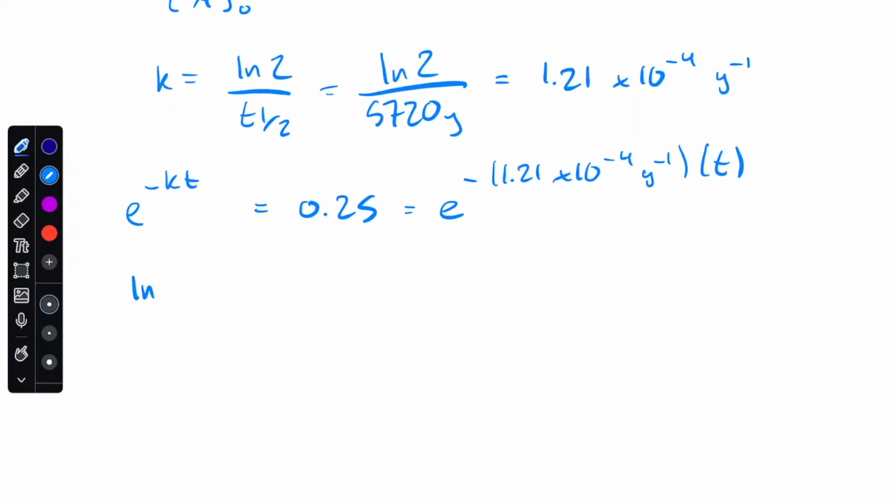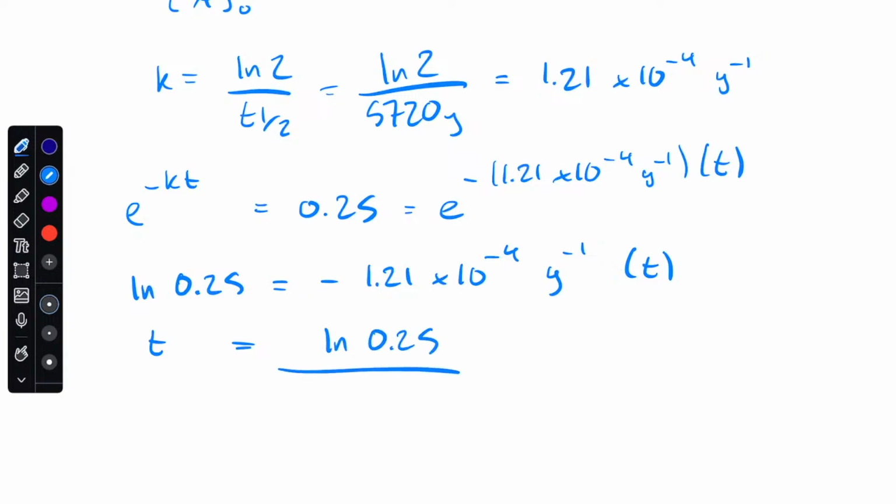The natural log of 0.25 is equal to minus 1.21 times 10 to the minus 4 years to the minus 1 times time. Time is equal to natural log of 0.25 divided by negative 1.21 times 10 to the minus 4 years to the minus 1, which equals